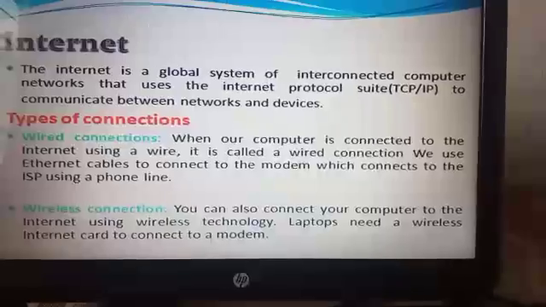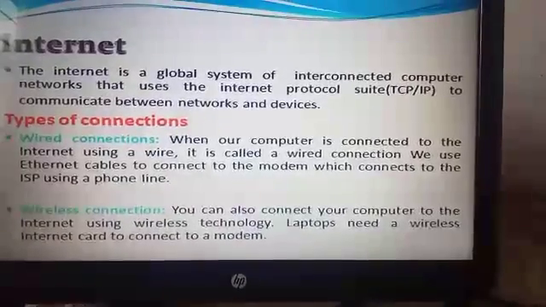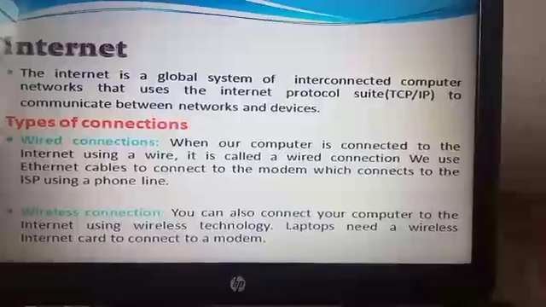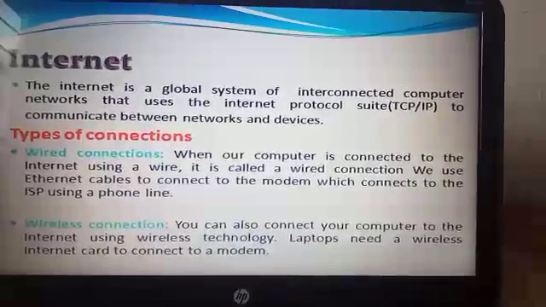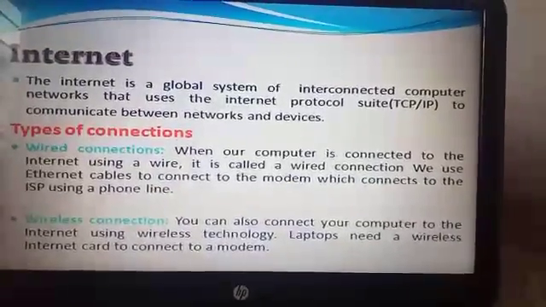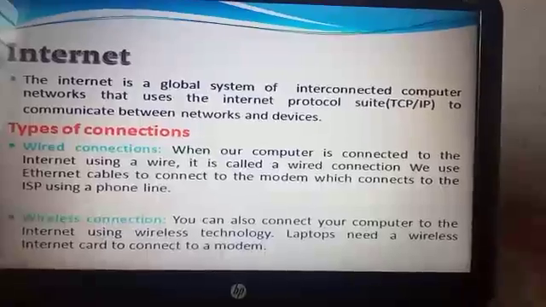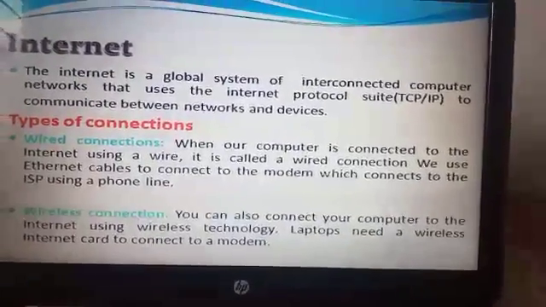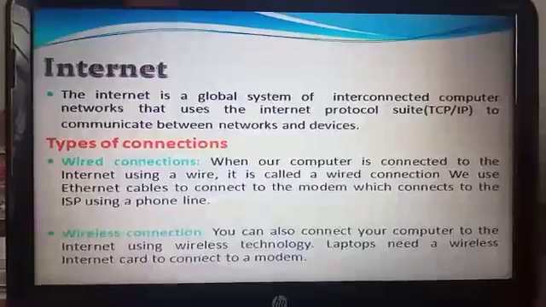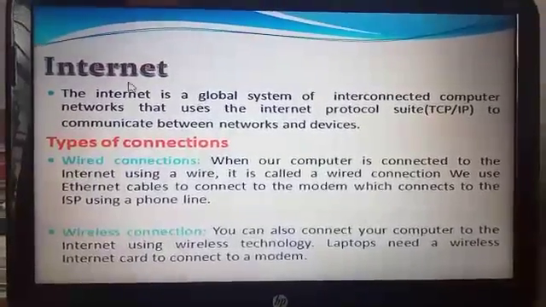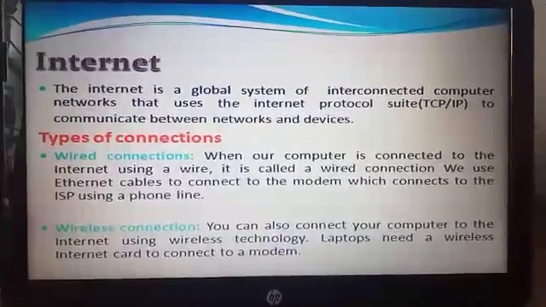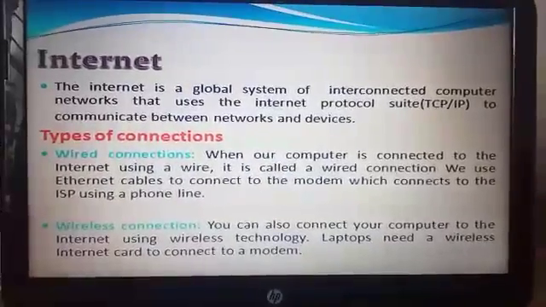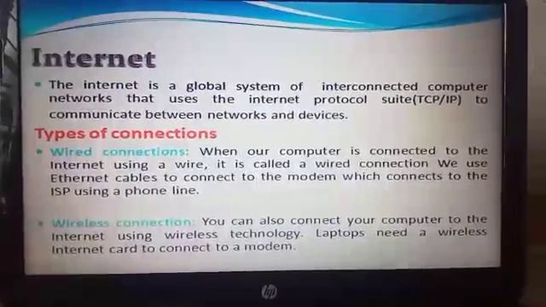You can also connect your computer to the internet using wireless technology. Laptops need a wireless internet card to connect to a modem. Students, wireless connections also help us communicate and make connections, but this connection is without wire, such as